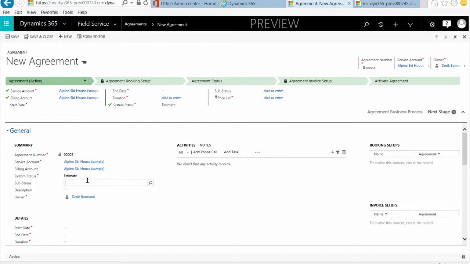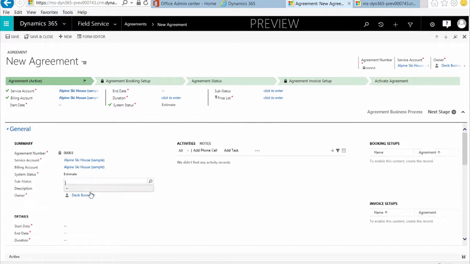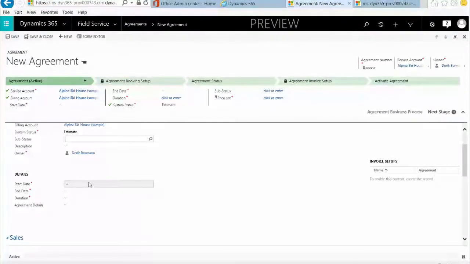But just like any other scenario, like work orders or bookings, we do have the capabilities to work with the concept of substatuses in here as well, if you're looking to define additional details that might break things down a little bit further. Now, when we get into the actual agreement details itself,